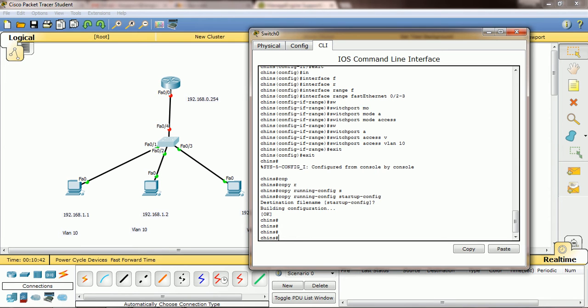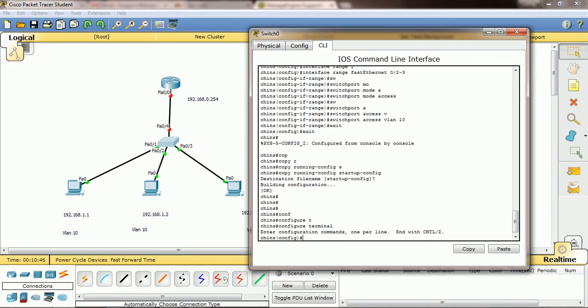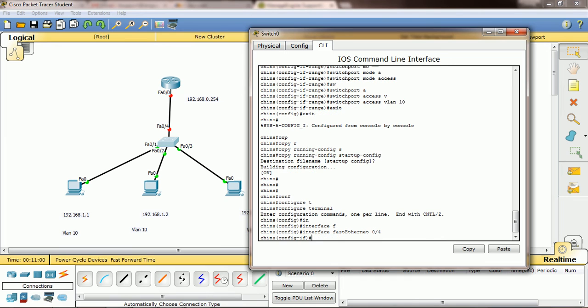Now I am entering into global configuration mode, interface FastEthernet 0/4, right? This port I am going to make as trunk. Actually here the trunk is not needed, because here we have only VLAN 10.